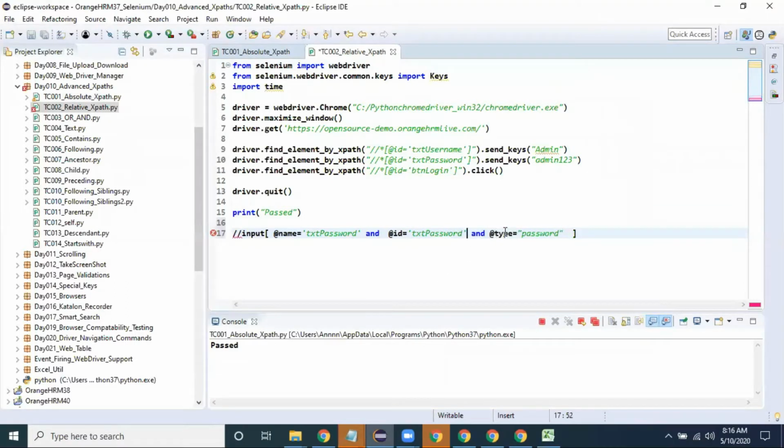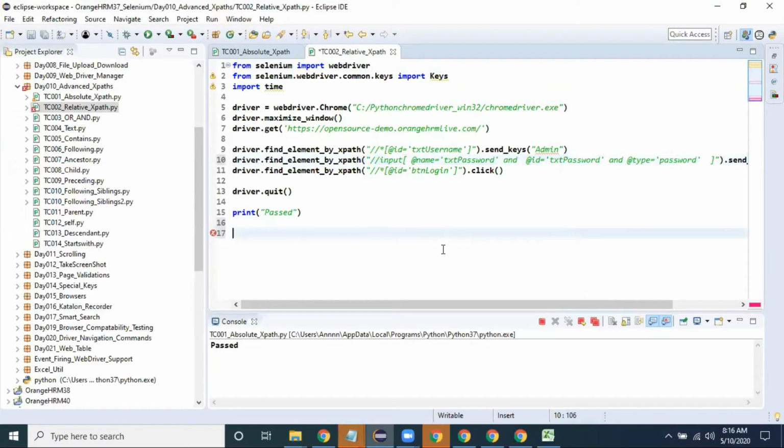I just added more object properties, that's it. So like this, I have written the XPath manually also. Let me run this relative XPath program.